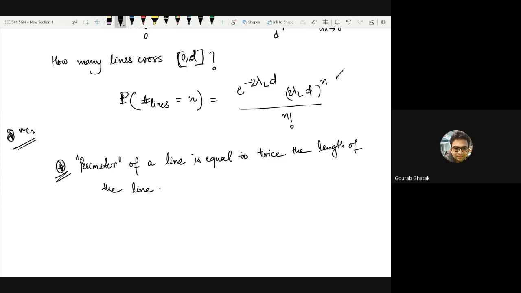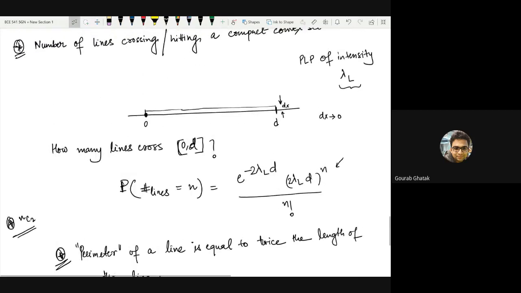So the fact is that it matches with the 2D, and the perimeter of the line is actually twice of D. Okay. But what is the reason? Why am I considering that dx part? Even if dx tends to 0, that means we are looking at the limiting case of the line. So even if dx is 0, your line has a perimeter of twice the length. Yes.